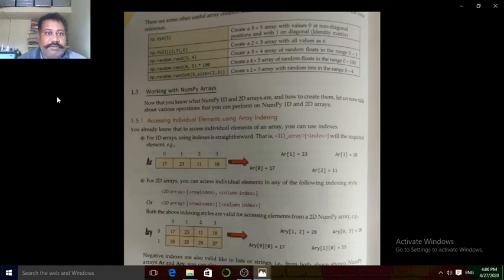Similarly, we can use the np.full function with (2,3) and 6. It creates a 2 by 3 array with all the values as 6.